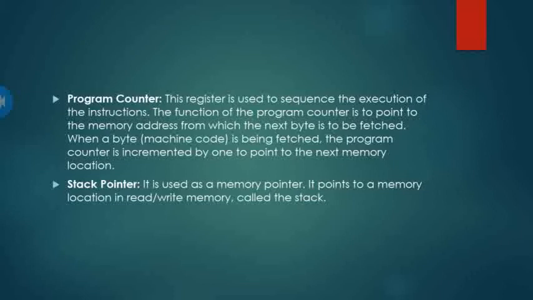Why do we increment? Because now the pointer will move to the next instruction. For example, we have stored instruction 1002 after 1001, so after 1001 the pointer will start pointing to 1002. Then after completing the execution of the 1001 instruction, the CPU will get the instruction from the next pointer, that is 1002. So that's why we have to increment the program counter.